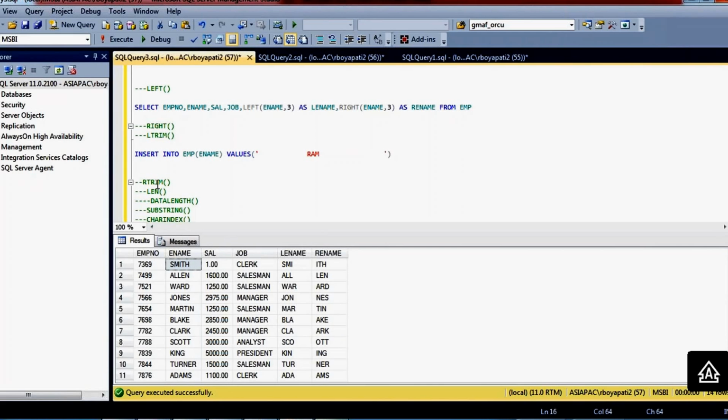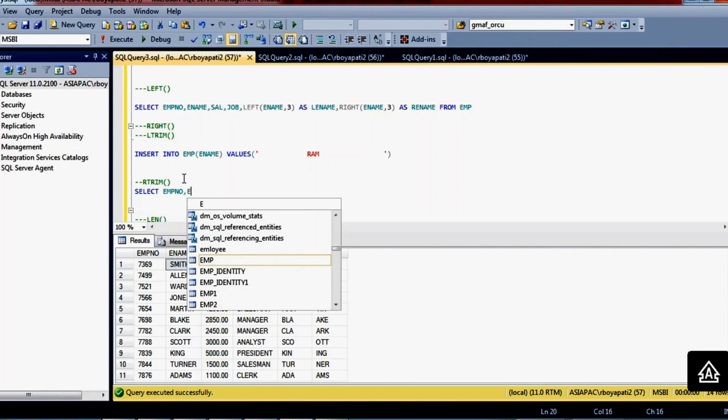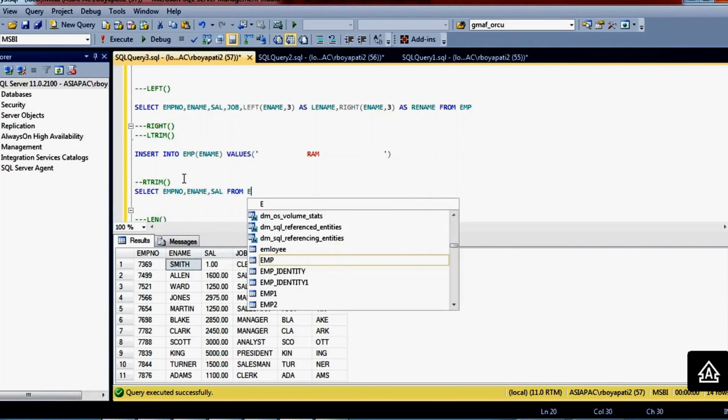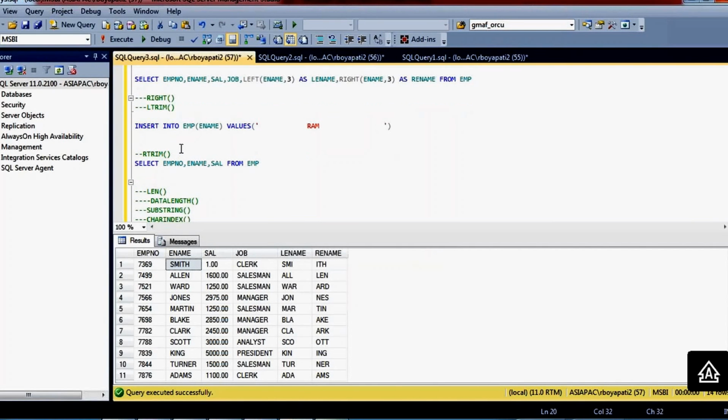If you want to remove the right side space, you have to use RTrim, and if you want to remove the left side space, LTrim. If you want to do both, you have to use both functions on a column. So how can you remove this? You can write it this way: select employee number, employee name, salary from EMP. On which column do you want to write this LTrim function? If you want to remove the left side spaces, you write LTrim of employee name.